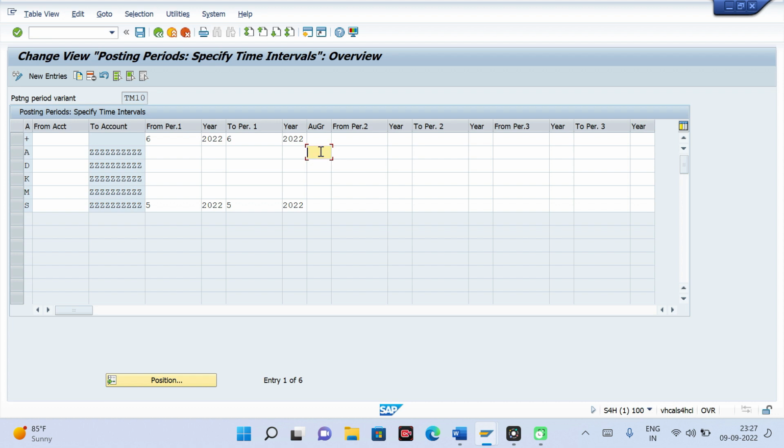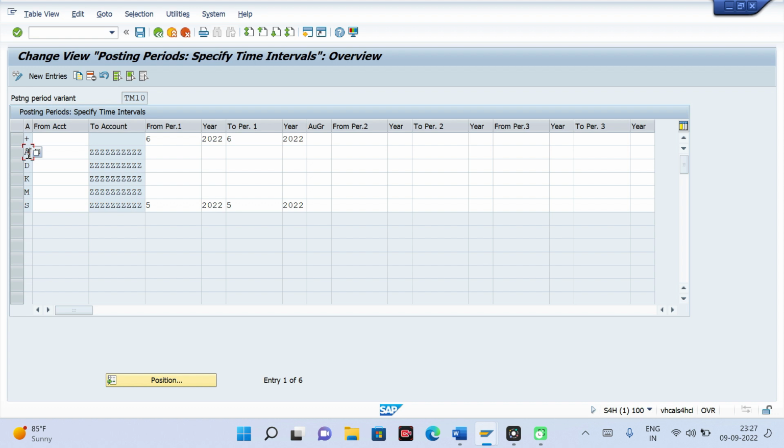So particular user who are authorized to post, that person only can post in particular period. So at authorization level, at GL level and at account level, at three levels you can control the posting period.